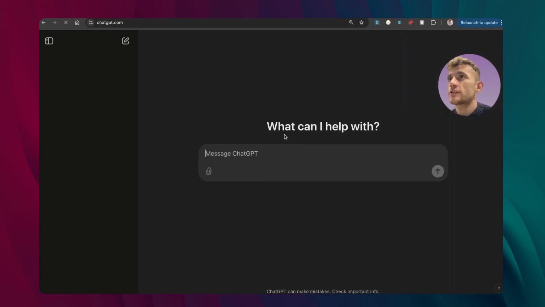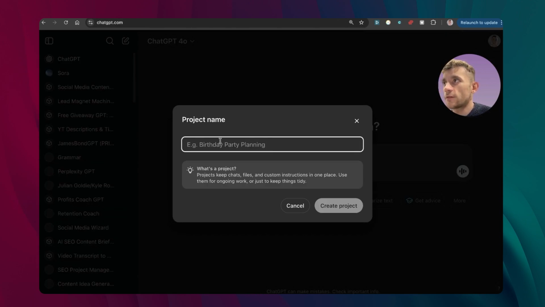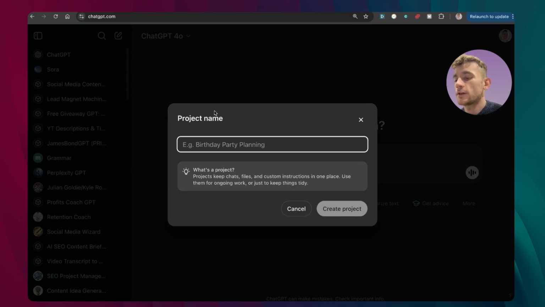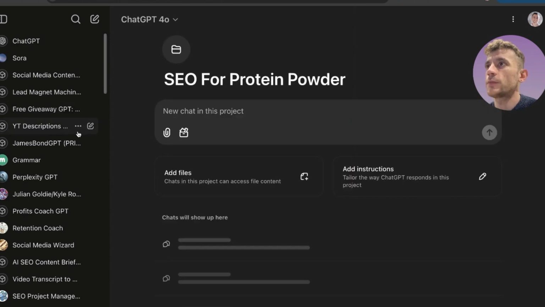We're going to open up ChatGPT now, blast it open, and we're going to start up a new project over here. So you can see how it works. Basically from here, what we're going to do is plug in our project. So let's say, for example, it's like SEO for protein powder website. And let's say you had a client or a website in the protein powder niche, then you could put in SEO for that, right? Create a project,